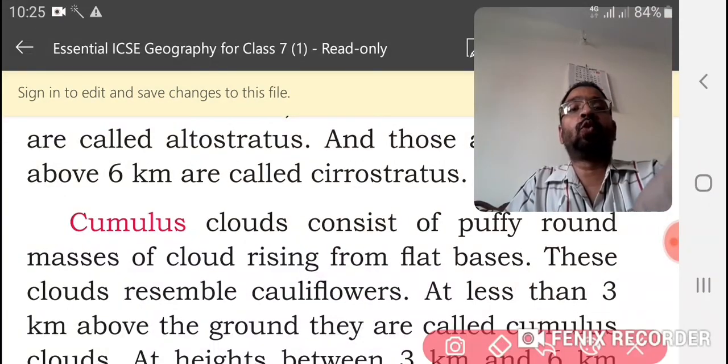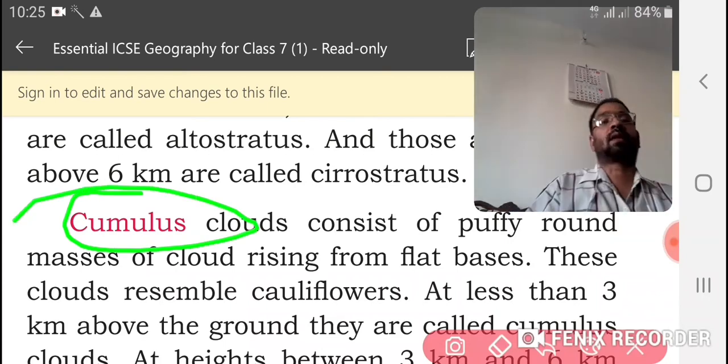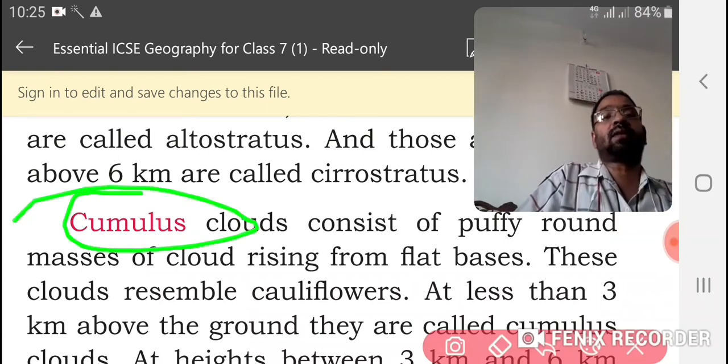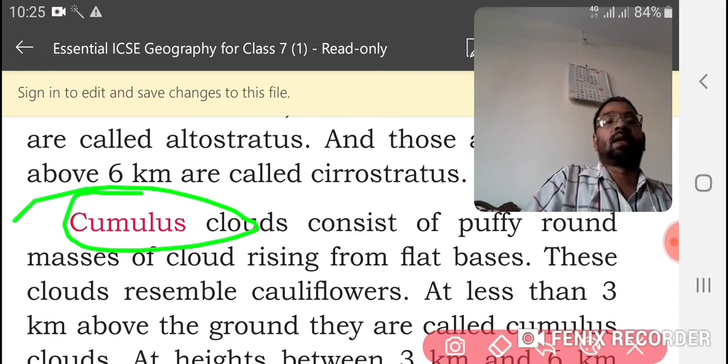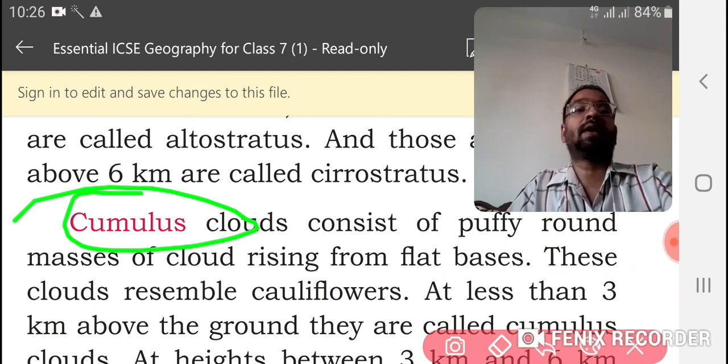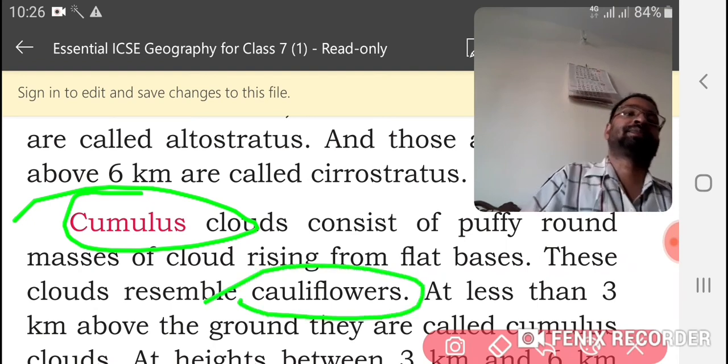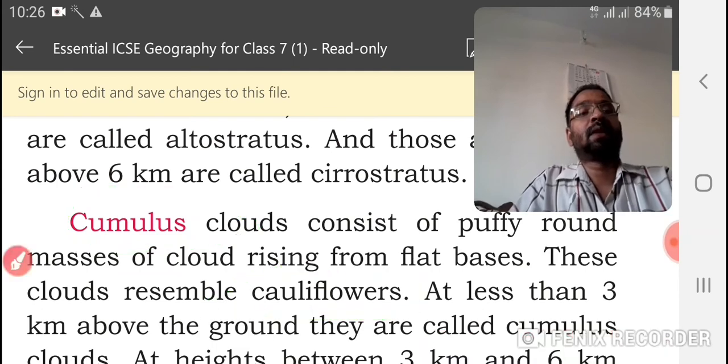Then cumulus. Cumulus clouds consist of puffy round masses of cloud rising from flat bases. These clouds resemble cauliflower in shape.